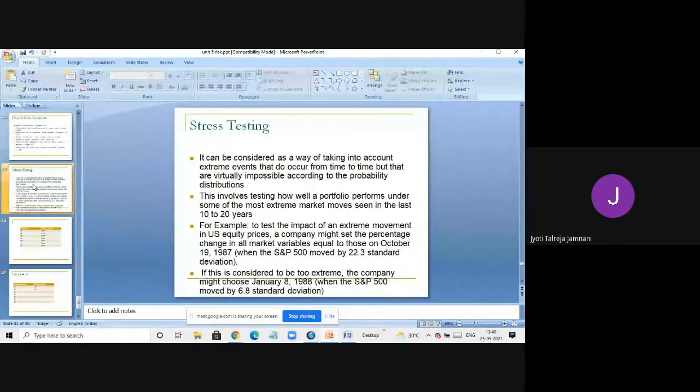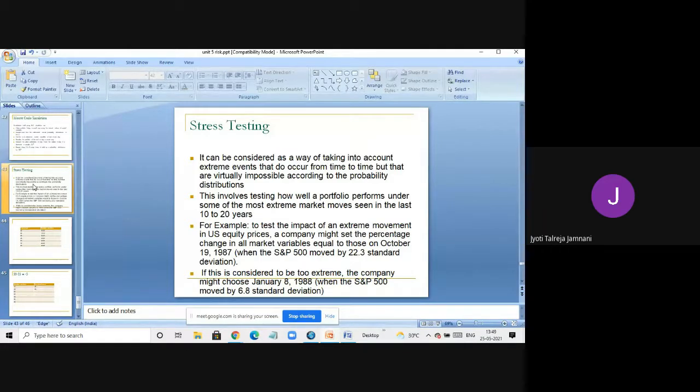Now, if you compare your portfolio against that day's prices, what were the market prices that day? If you consider that and revalue your portfolio, you will get to know, if the market falls that badly, how much you can lose at maximum. Let us take an Indian context. In 2008, there was a financial crisis and the stock market fell like anything. Now it is 40,000 and so on, but at that time it had gone to 18, 19 or even 14,000. So in that worst situation, how would my portfolio today have performed?